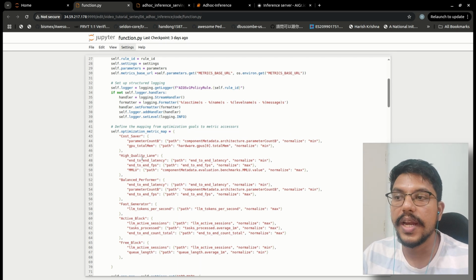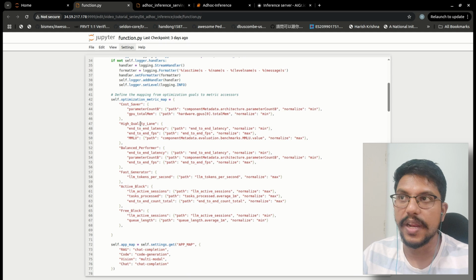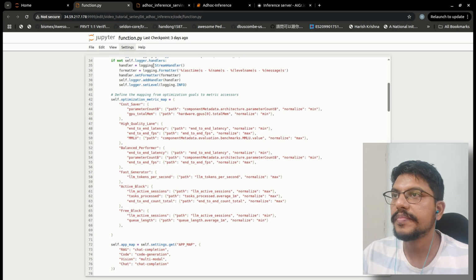Similarly, we can have a high quality lane as an attribute, where the end-to-end latency is used as a parameter, along with the end-to-end FPS and also the MMLU score if you want better quality. So based on certain categories like this, we can do a final selection. This is the custom policy that I was talking about. We can also have a weighted combination of these optimization steps, like saying I want 50% of cost saver and 50% of high quality lane. Now with the assumption that we have this policy in place,